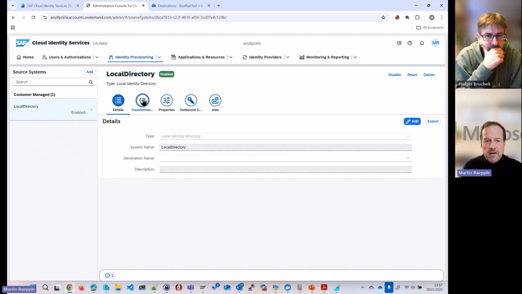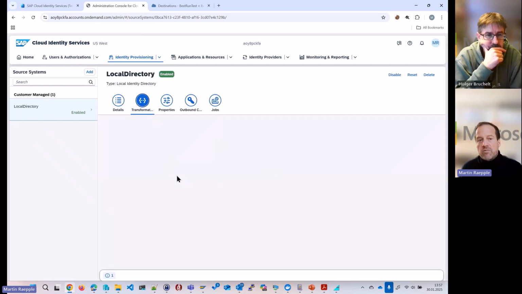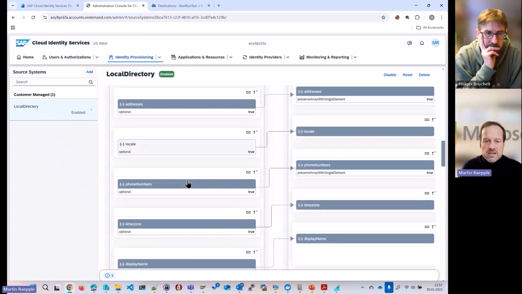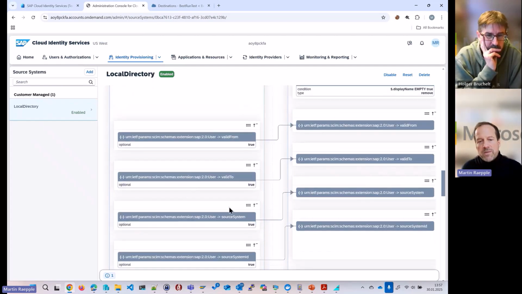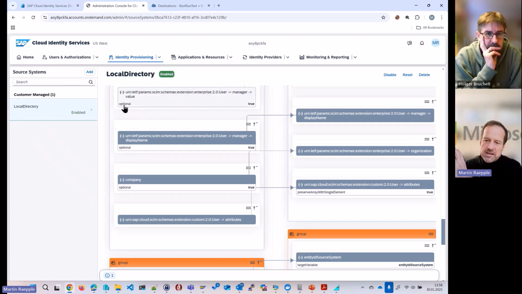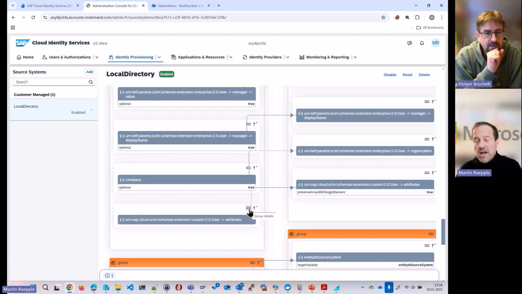We also made sure that the custom attributes that we get, remember the SNC name and the user alias, are also properly taken from the inbound SCIM message and mapped to the attributes of the local user. That's taken care of here. You can see this long schema name of the attributes, which are also copied over to the user in the local directory, so we just pass them as is without any transformation logic, which could certainly be applied here. But as I said before, we want to keep all of that in Entra.